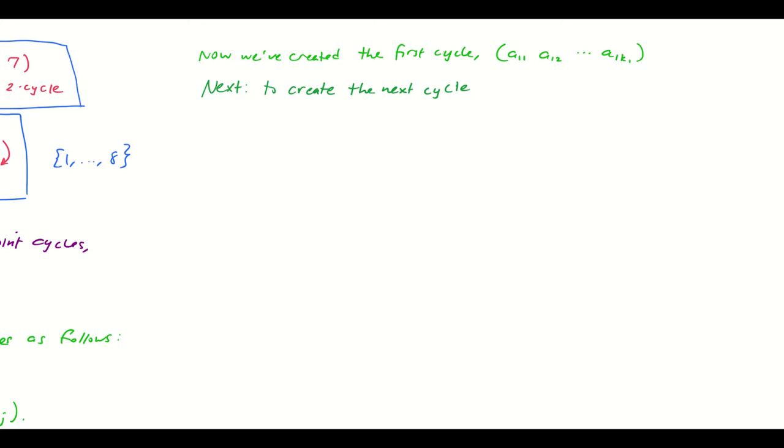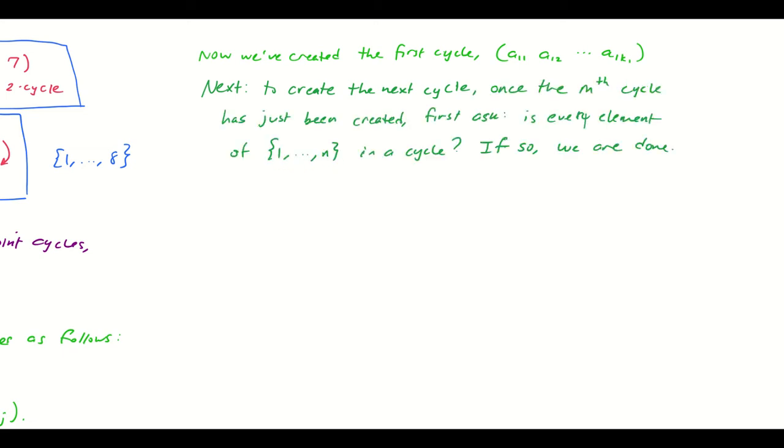And I claim that we're done because if we know that every element of 1 through n is in a cycle, then that's going to tell us what each element of this set gets mapped to by sigma. Like if I look at, say, 17 in here, and I want to know what 17 goes to, well, I can find a cycle that contains 17, and that cycle will tell me what 17 gets mapped to. So in that case, we know what every element of this set maps to. So in that case, we're done. If not,